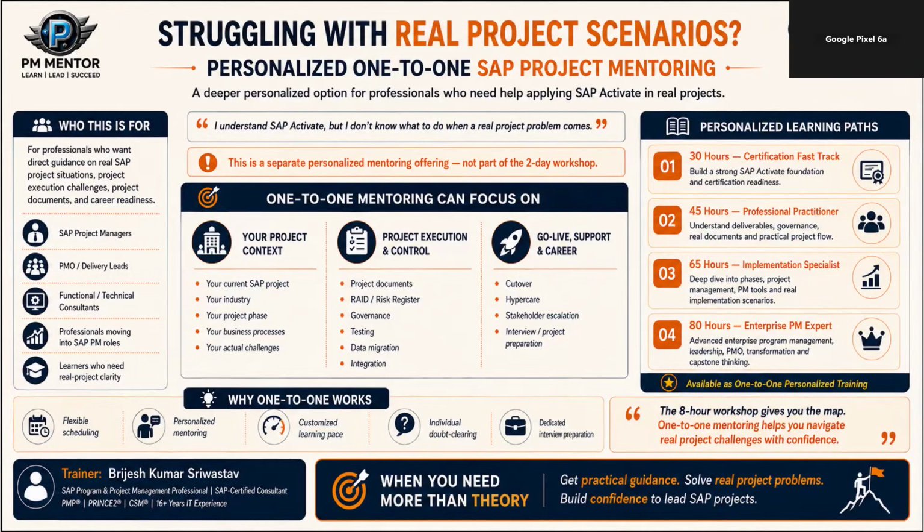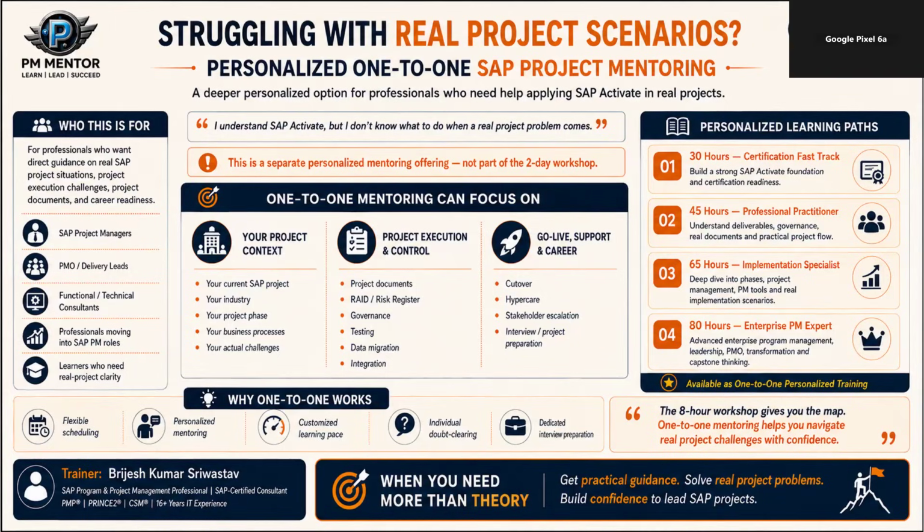Okay, so the important point is that this path is also available as personalized one-to-one training. So the pace can be adjusted. For example, the focus can be adjusted, and the learning can be aligned to the person's actual goal. That is why one-to-one also works well for professionals who need more than a standard classroom approach. So you get flexible scheduling, personalized mentoring, customized learning pace, individual doubt clearing, and where needed, dedicated interview